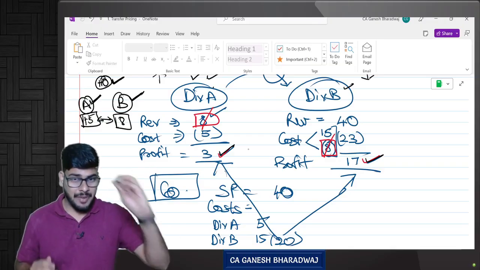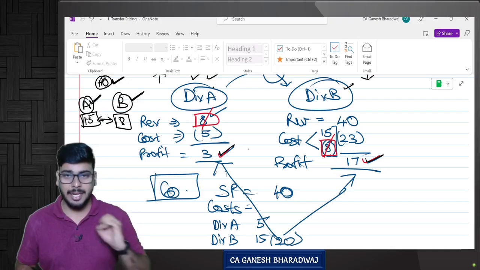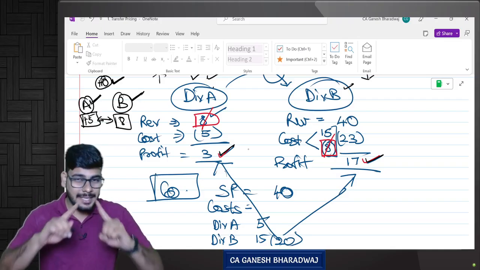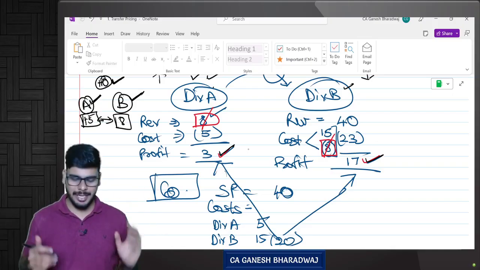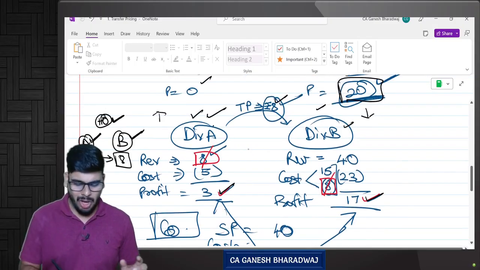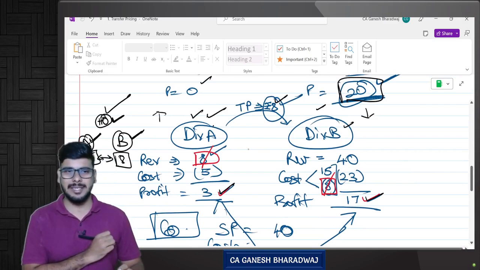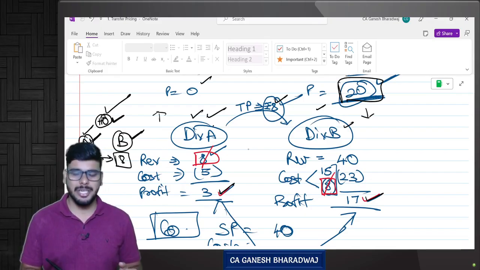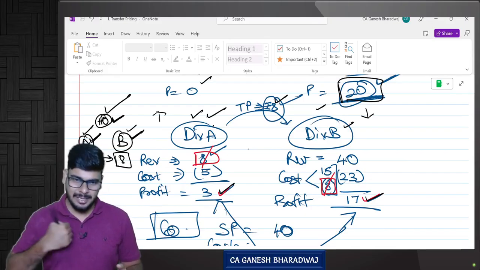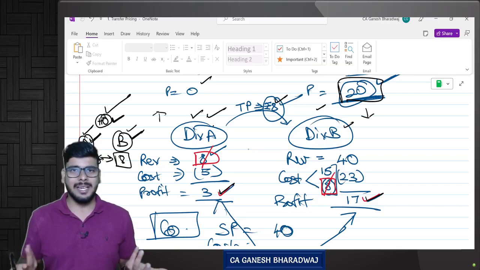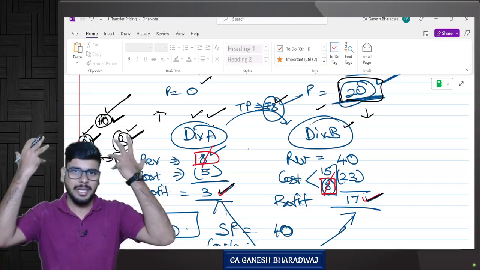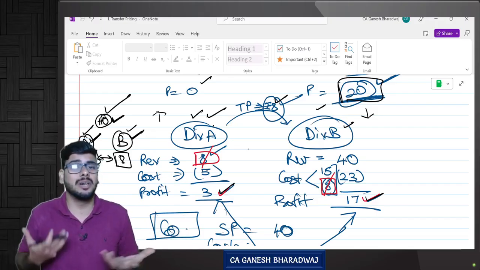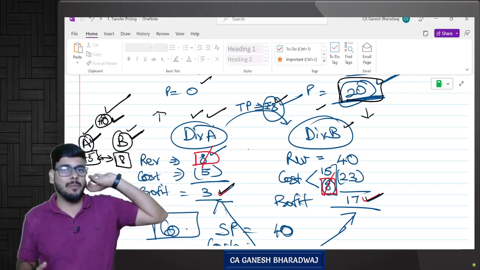A very, very important thing in transfer pricing is that transfer pricing can work out only when there is a decentralized form of organization. Suppose all the decisions are taken at the head office level itself. Now you tell me, why should I motivate division A's manager and division B's manager? Anyways, the decision is taken by the head office only, and transfer price does not affect the overall company. It does not affect the head office anyways. Correct or not? Then why should there be a transfer price when there is a centralized form of organization?